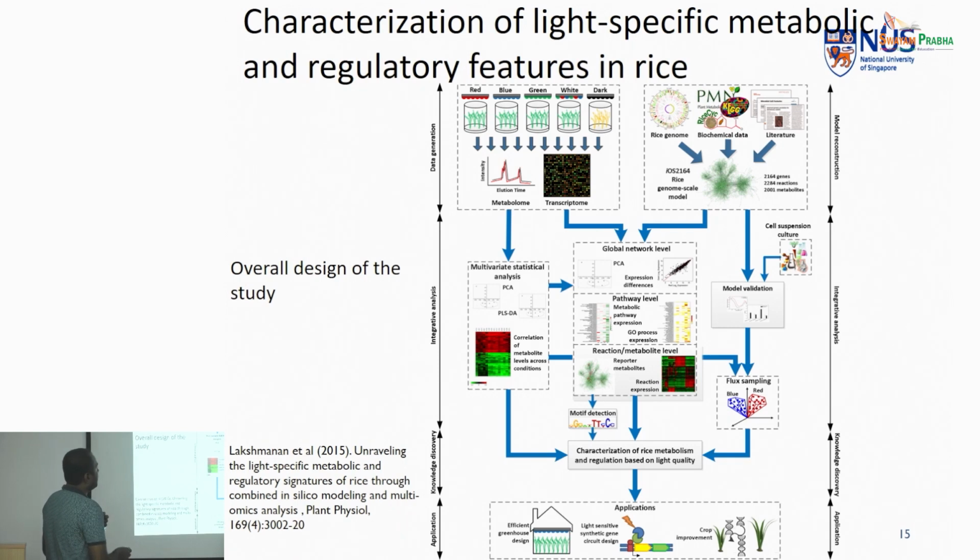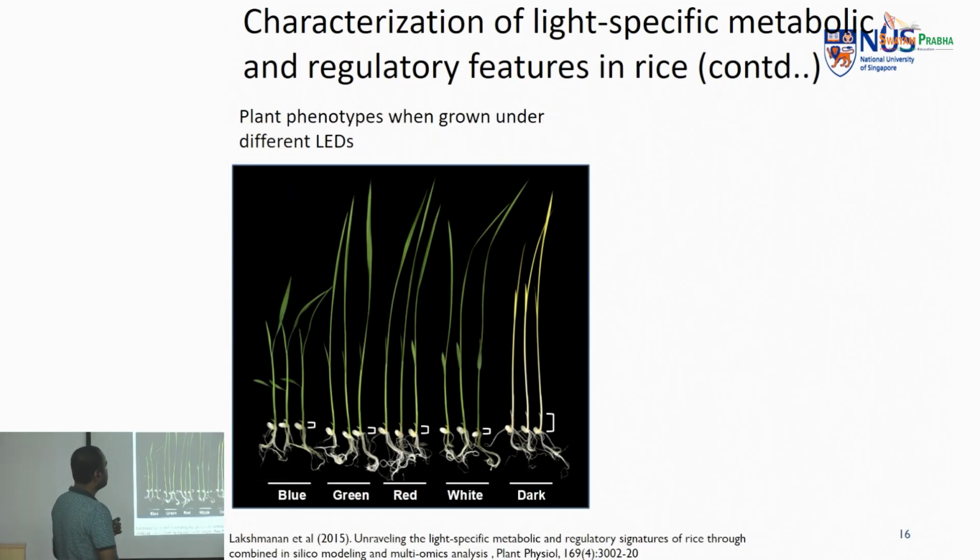And then we captured their metabolome, what is happening, what is the amount of different metabolites within these plants, what are the different gene expression changes happening in this. And then we already have the metabolic network, and we did a series of analyses which had potential applications in the circuit design, transgenic plants, as well as the greenhouse design, as I mentioned earlier. So first, let's look at the outcome.